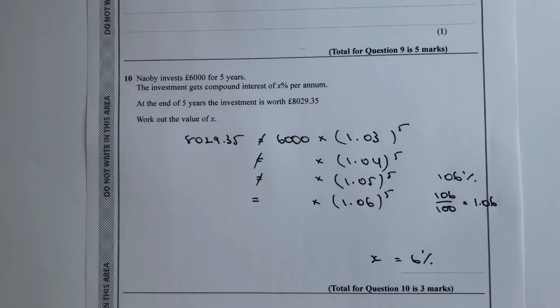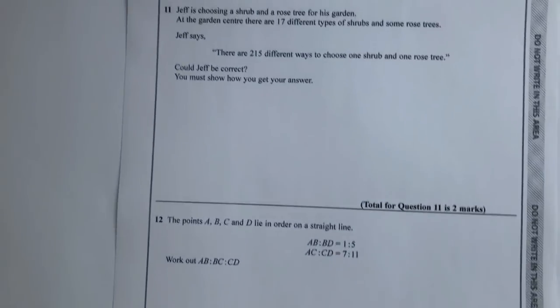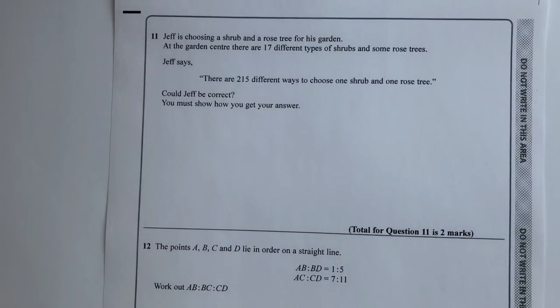Let's move on then to question number 11. Question number 11 deals with, I think they call it counting strategies now. Jeff chooses a shrub and a rose tree for his garden. At the garden centre there are 17 different types of shrubs and some rose trees. Jeff says there's 215 different ways to choose one shrub and one rose tree. Is he correct? Well, no, he's actually not,